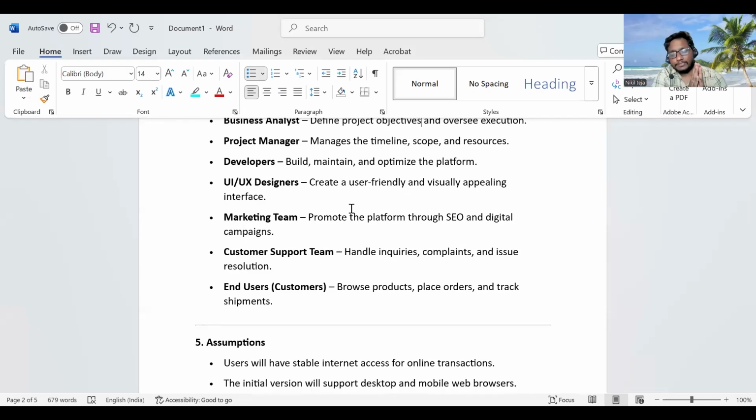So first phase में क्या होगा? First UX designers will be assigned the work. They will be developing, or they will not be developing. They will be designing the app or designing the software or designing the platform. And after designing, the user delighted designer, they will be giving the design to the developers, and developers will be